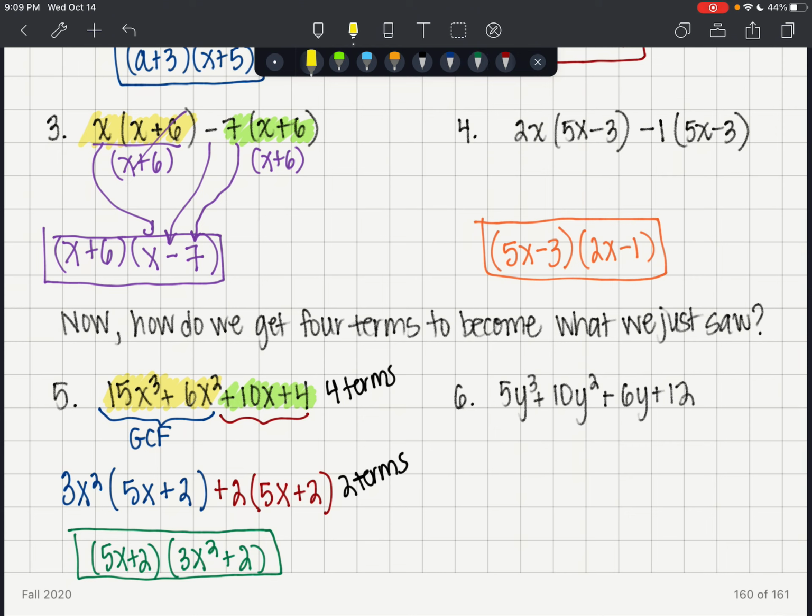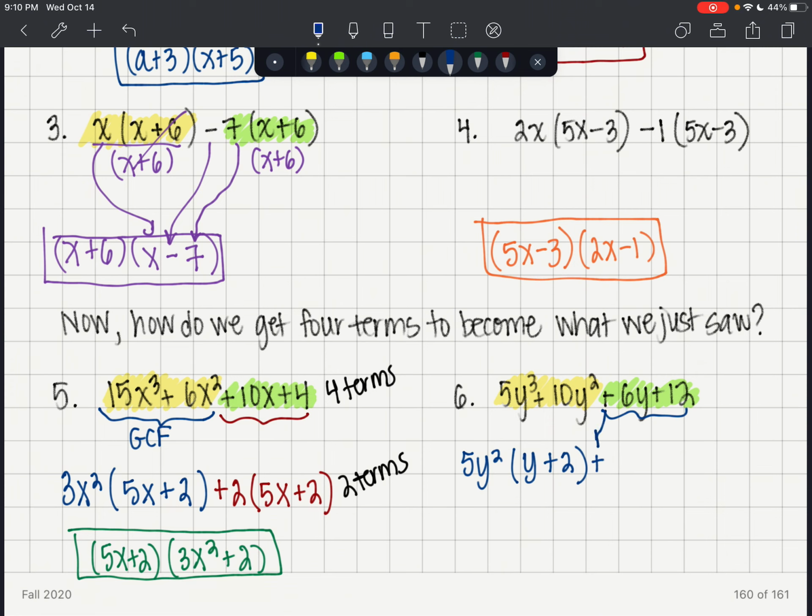Okay, let's try that again. We've got 4 terms, so we're going to highlight the first 2 terms, and we're going to highlight the second 2 terms. The first 2 terms have a 5y squared in common, and that's going to leave us y plus 2. The second 2 terms,